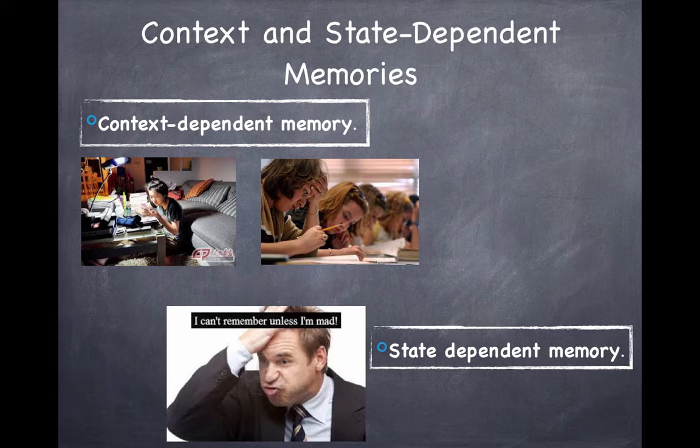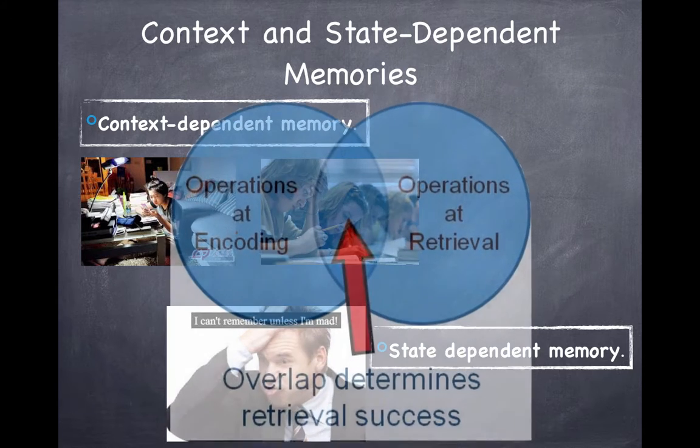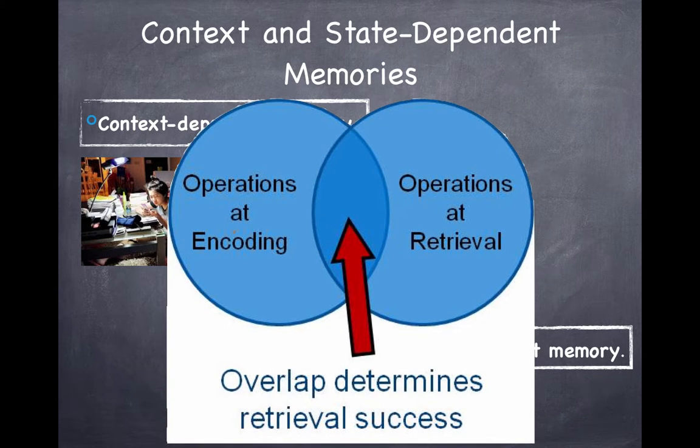Now, we've talked so far about remembering, but of course, we do forget things. So what are the reasons that we might be forgetting some things? Oh, sorry, let's just quickly, there's your reminder in terms of operations of encoding and operations of retrieval. These sometimes overlap in terms of retrieval success in regards to context and state dependent. The operations in which you encode, context or state, can impact the operations at retrieval.